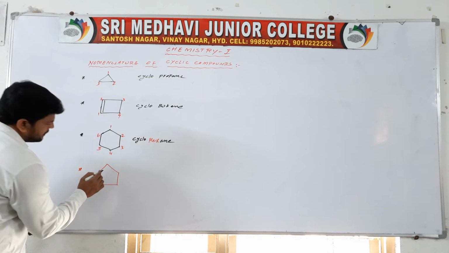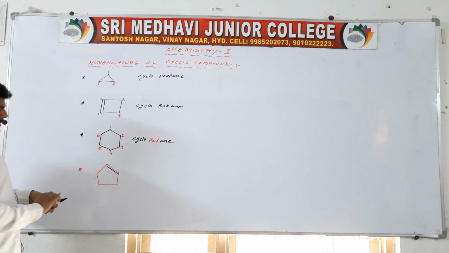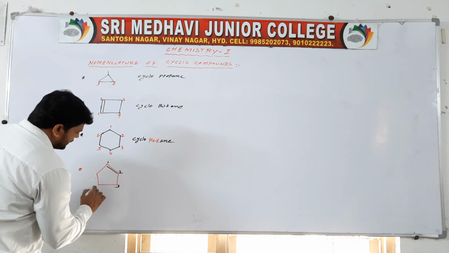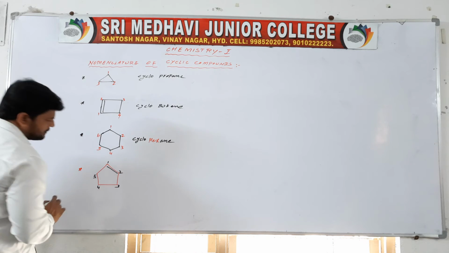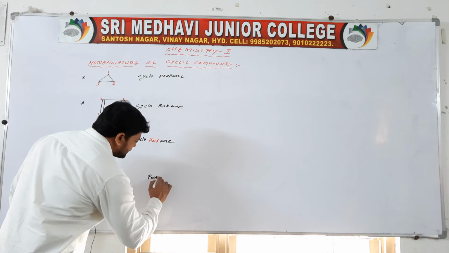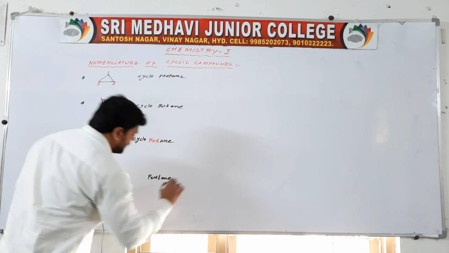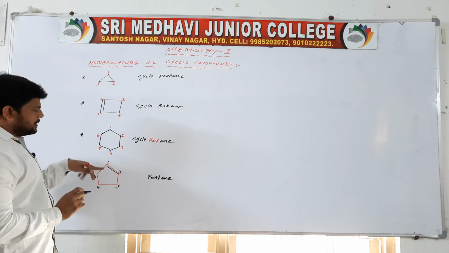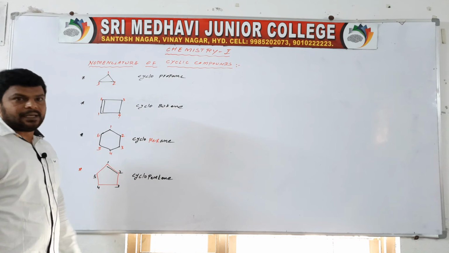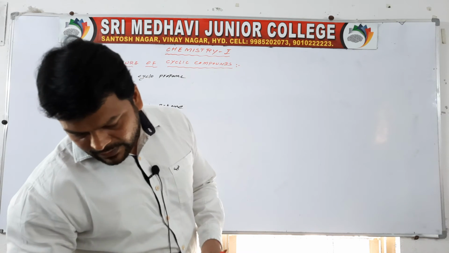Okay. So it is a double bond, so we have to give numbering. 1, 2, 3, 4, 5. How many carbons in the chain? 5. 5 means pent. One double bond means ene, pentene. So the cyclic compound is cyclopentene. Some more compounds are given.